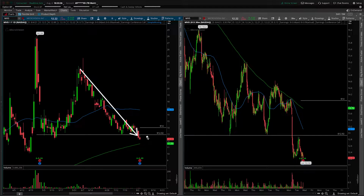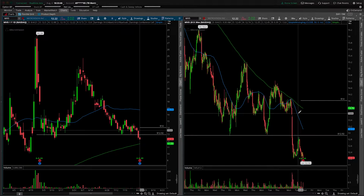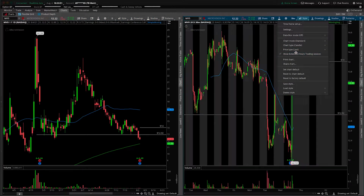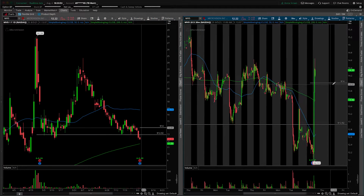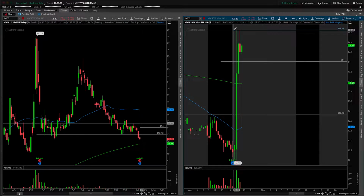Now, don't get overly aggressive. We need to see a few things happen at the open to start to fill that gap, but that is going to be the first scenario I would favor in a chart like this. So if we can hold up at the open and fail to take out the overnight high, I'll turn those extended hours back on for a second just to outline what this would look like. So say we open tomorrow and let's map out the overnight high. Let's say we open around 14 as we discussed. If we come up and fall short of 14.64, which right now is the overnight high,